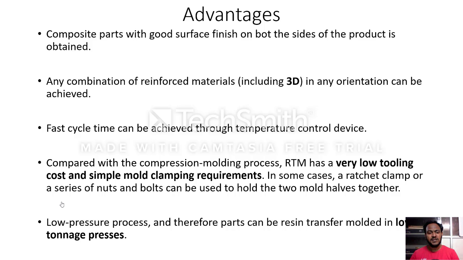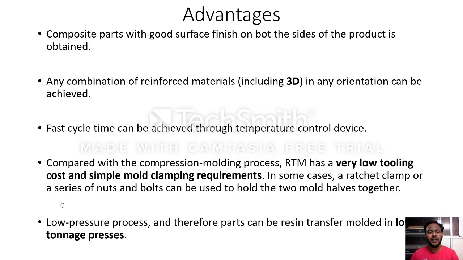Next is fast cycle time can be achieved through temperature controlled device. If you optimize the temperature and the pressure, then you can control the time of application also, how much time the preform resides inside the mold, so that in less time you can make the composite. Compared with the compression molding process, this resin transfer molding has a very low tooling cost and